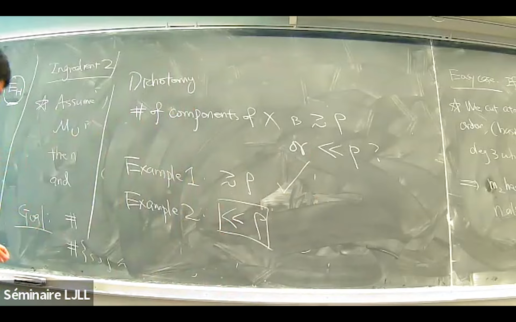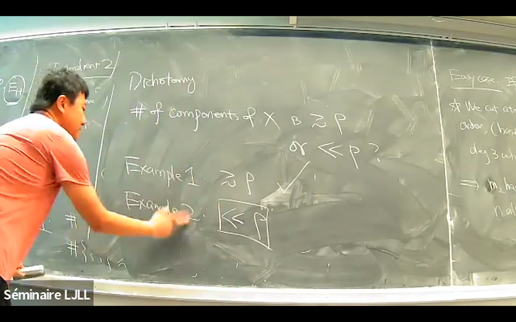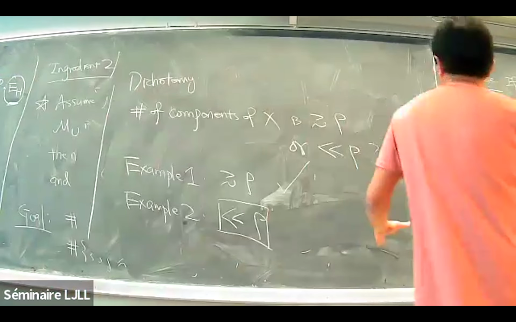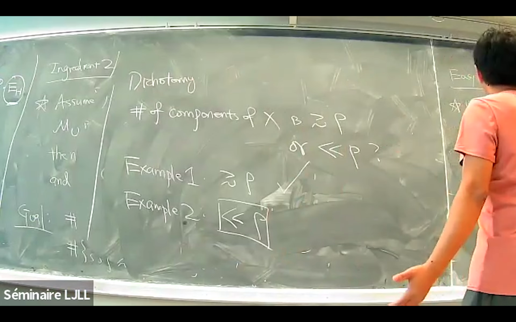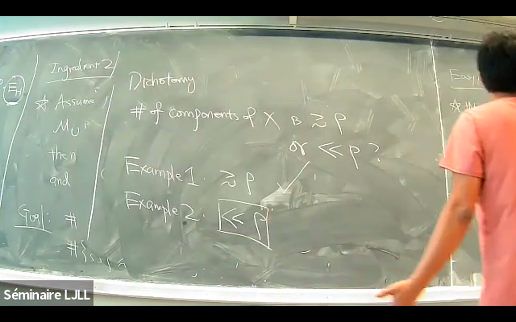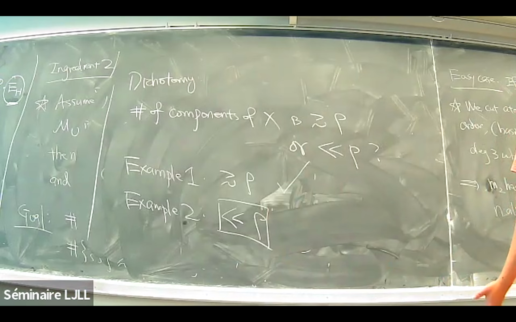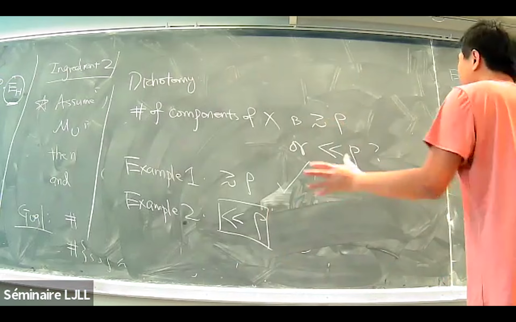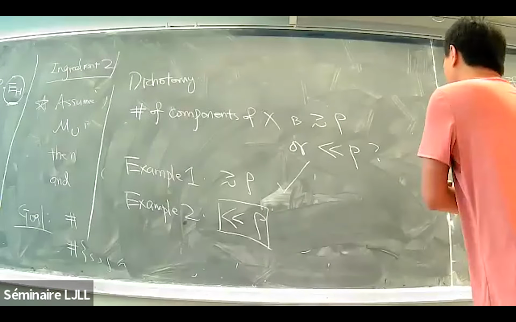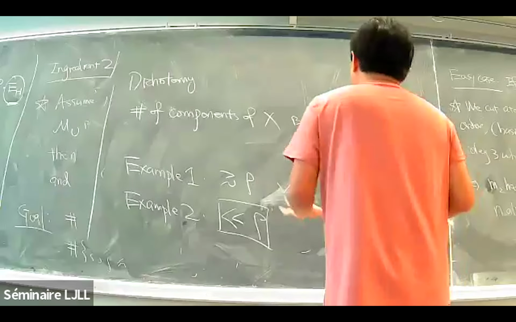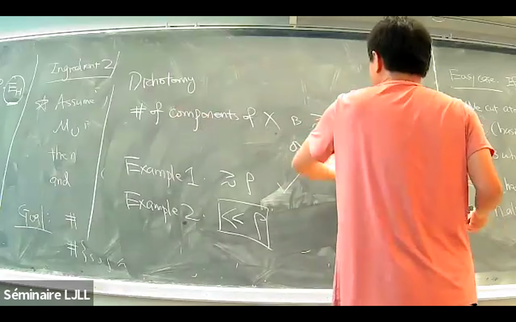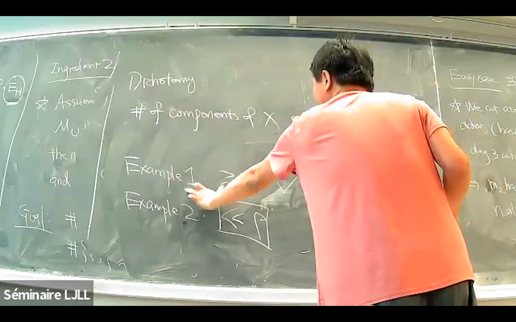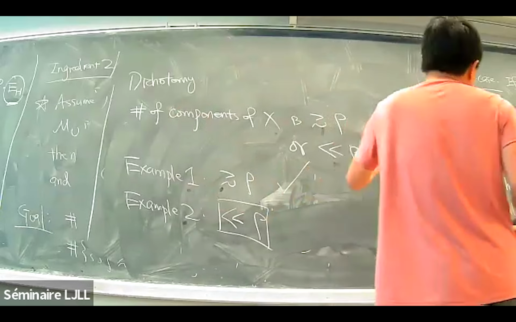If we have the last 5 minutes, I'll explain this last thing, what we do for example 2, because that covers everything. Remember, if there are many 2 connections, that's the easy case. If there are few 2 connections, we imagine there is no 2 connection. There is some complication, but that's not important. Then we ask whether the number of components of X is bigger than rho or less than rho. If it's bigger than rho, we do as example 1, we are good. If it's less than rho,